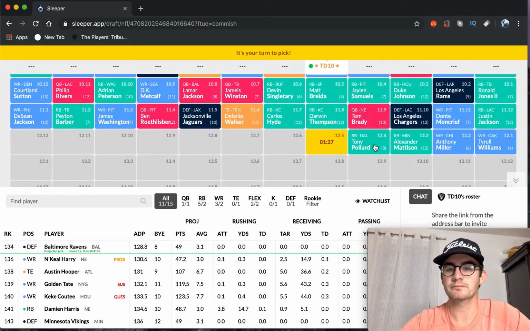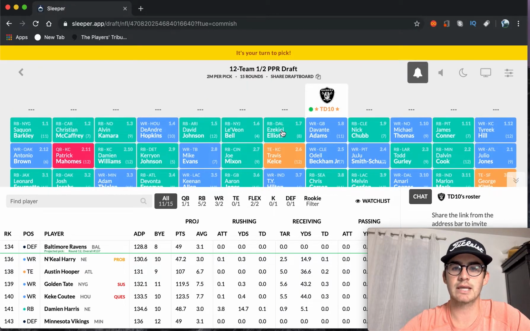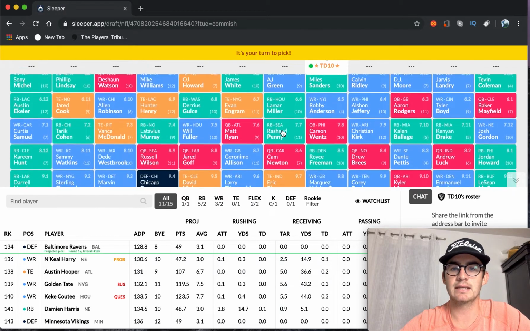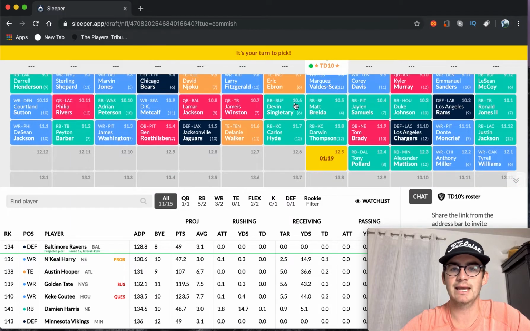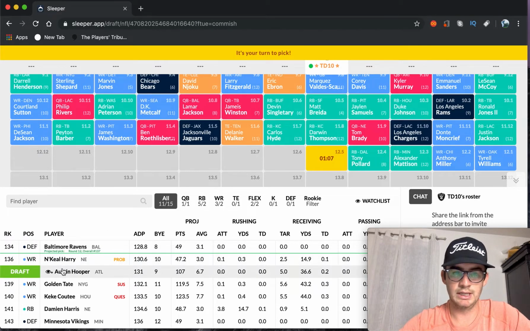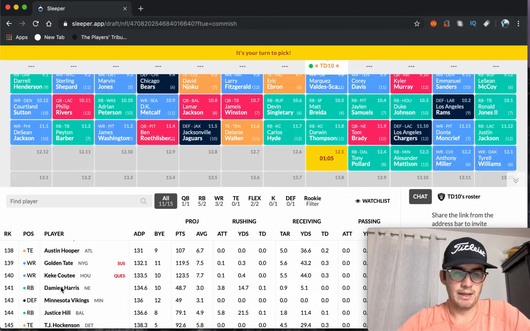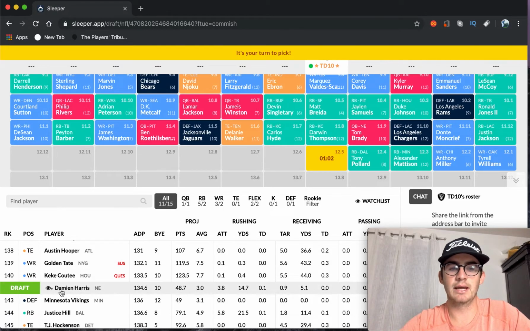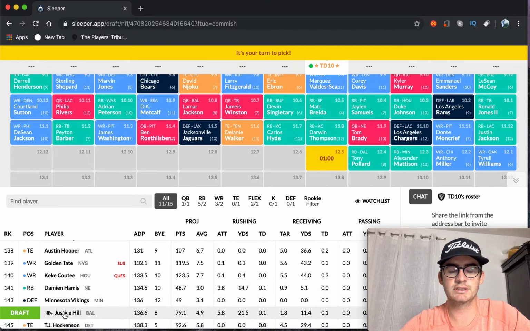Tony Pollard, it's great value. If you get Zeke right here, this guy probably needs to stash Tony Pollard right here. You cannot miss out on Tony Pollard if you get Ezekiel Elliott, in my opinion. It's just one of those things. Some major value is someone like Damien Harris, Justice Hill,